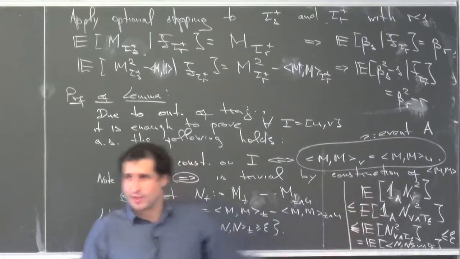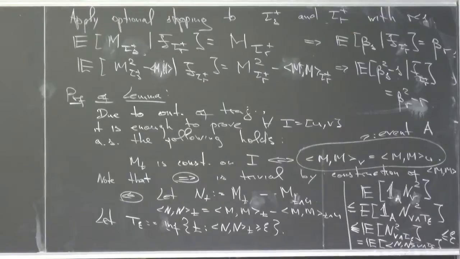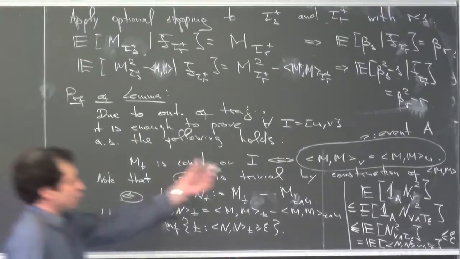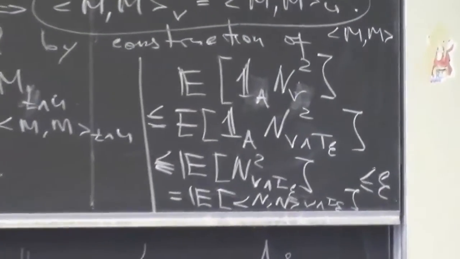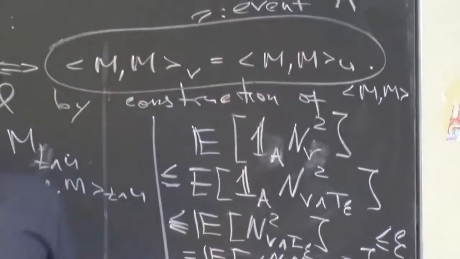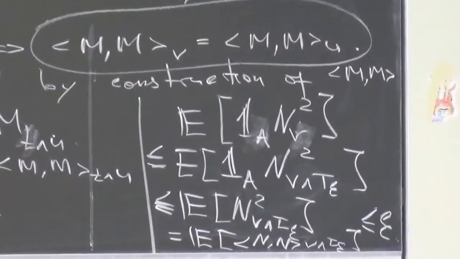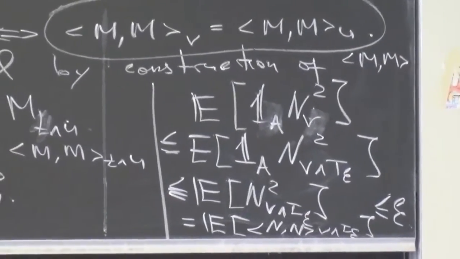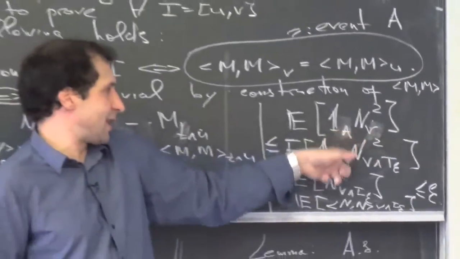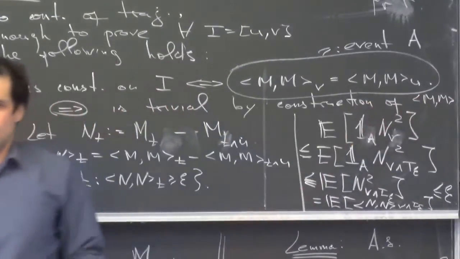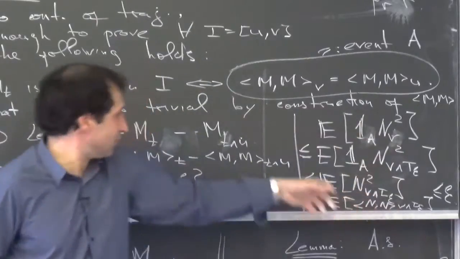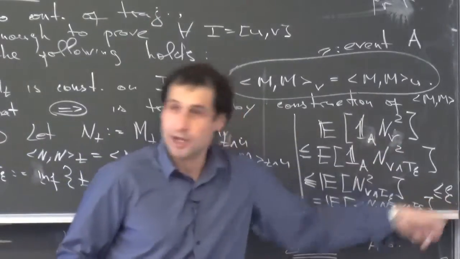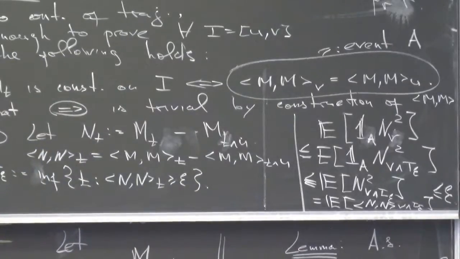Some abstract nonsense, some trivial estimates, but again, in words, what is the point? The point is that we know that the expectation of the square of the martingale is the expectation of the quadratic variation. So if we know that on some subset quadratic variation does not grow, it should tell us that the conditional expectation on this subset of N squared is 0. Okay, here is the formal proof. So you see that this guy is less than epsilon, and then you send epsilon to 0.